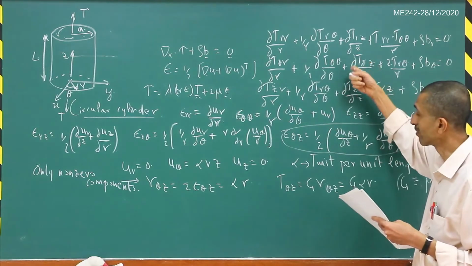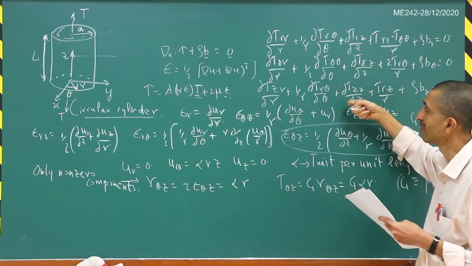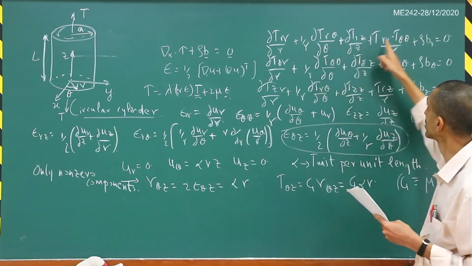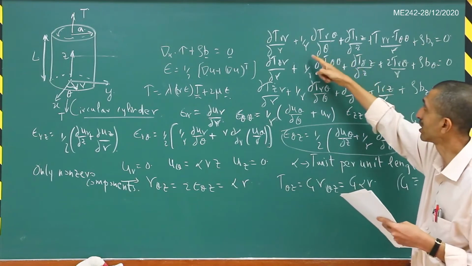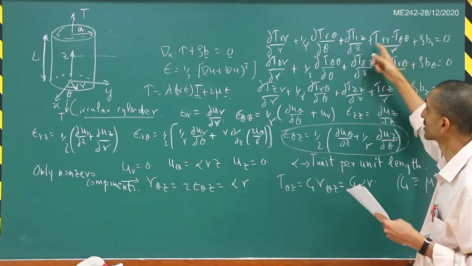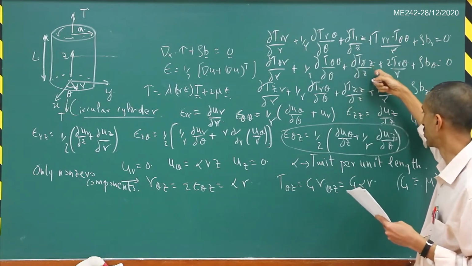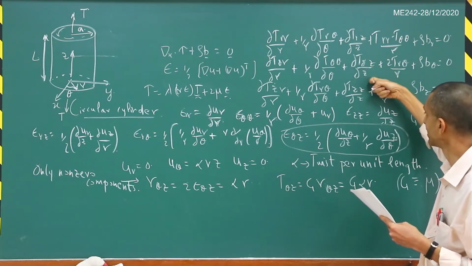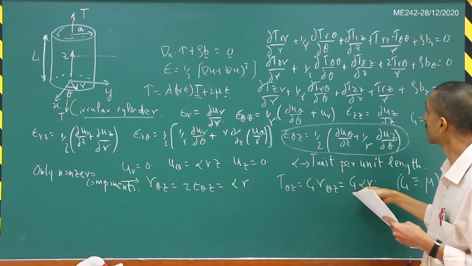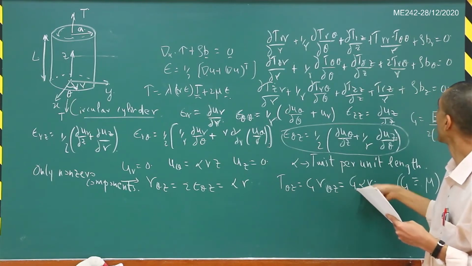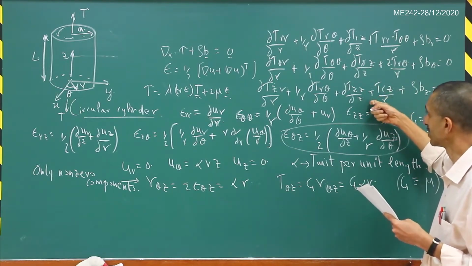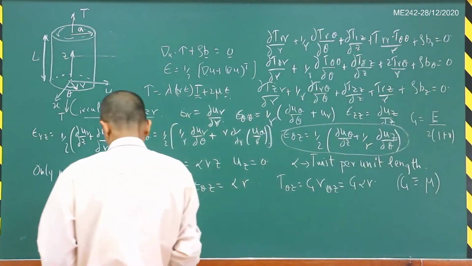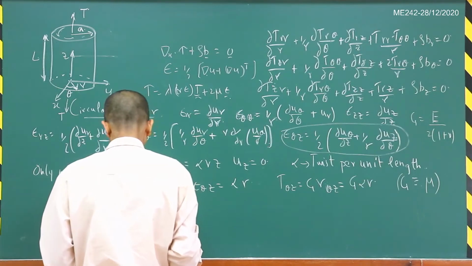And then, okay, now you can see that if you substitute this component in these equations of equilibrium, you will see that the equations of equilibrium are automatically satisfied, correct? Because here you can see that this is going to be trivially satisfied, because tau_rr, tau_r theta, tau_theta theta, etc. are all 0. This one is also going to be satisfied, because del tau_theta z by del z, there is no dependence on z, so that is going to go to 0. And I think this one is also going to be trivially satisfied. So all the 3 equilibrium equations are satisfied here. So let us write that here.